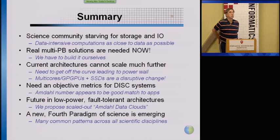But more often than not, probably we will encounter a scenario that we will still need yet another data set for the analysis that is residing at another location. And then we can do two things. Either we try to move this data set over to where the rest of the data is so that we can do the analysis and all the joins in a coherent fashion, or we basically do the rest of the analysis, if we can, on the site where already most of the data is, and then move only the temporary result that needs to be then joined with the last bit of the data,